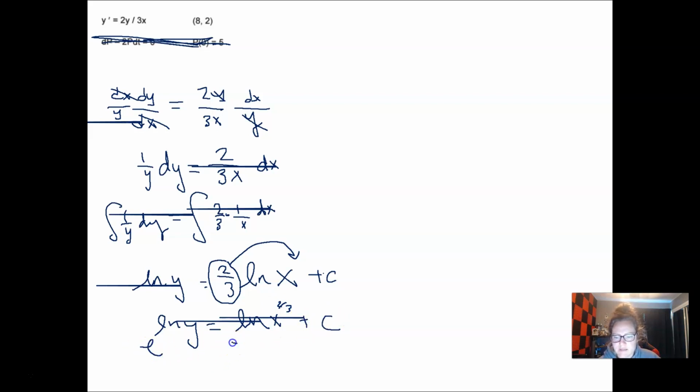I can take and I can e both sides, and that cancels that e. And on this side, it actually cancels that first ln. So up here we have y equals, and then we have e to the ln x to the 2/3 plus c. And then remember, the trick was that you can take and it's saying e to the c,